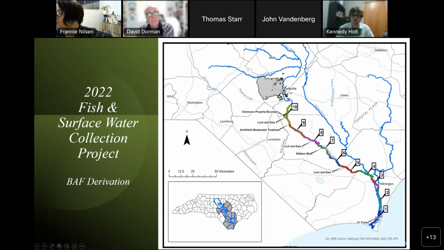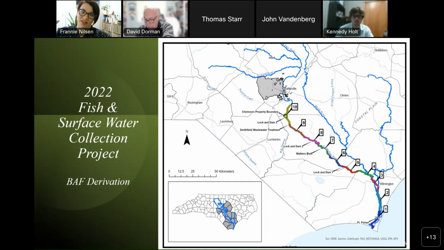If you look in this section 10, this light green color, there's the Chemours property boundary. So this little polygon here is the Fayetteville Works facility. I'm sorry, I was confused. That is Chemours. And so our intention here was to sample the river